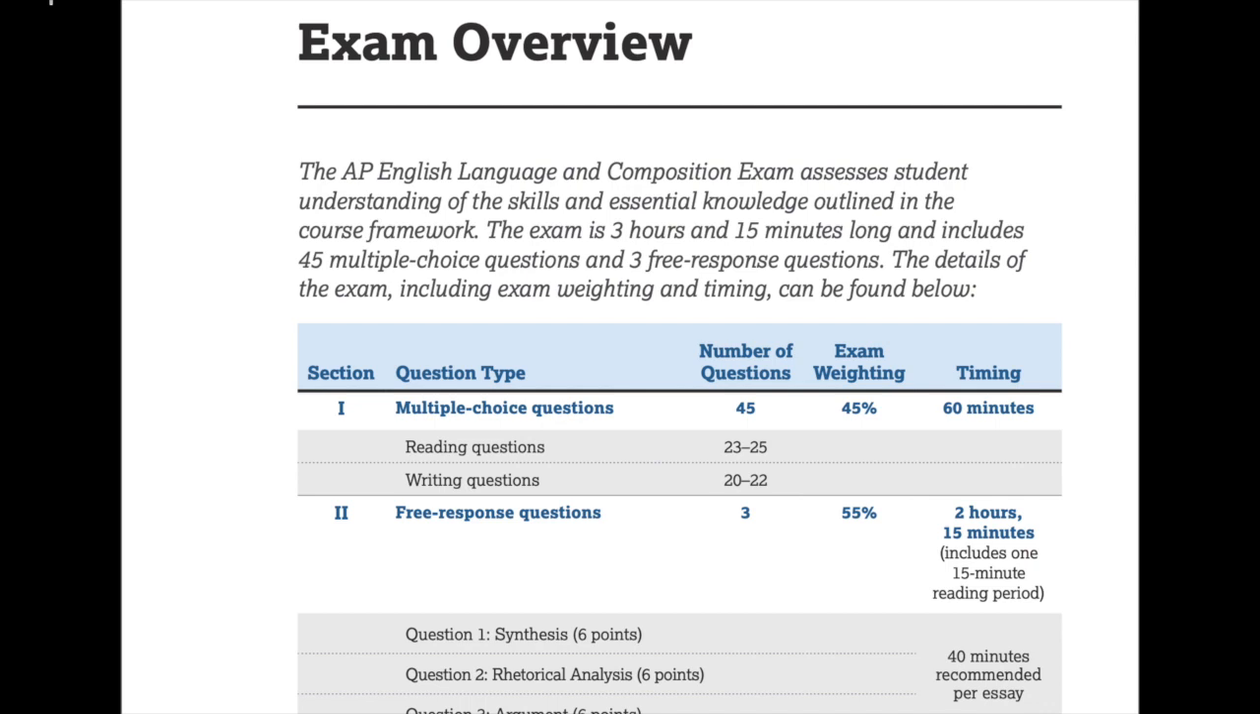So you can see there are 2 sections to the AP exam, the multiple choice questions and the free response questions. Multiple choice questions are first. There are 45 of them, and you get an hour to do them. And there are 2 types of questions: